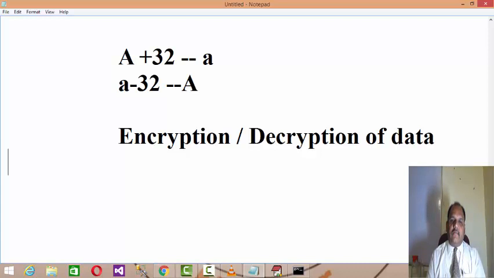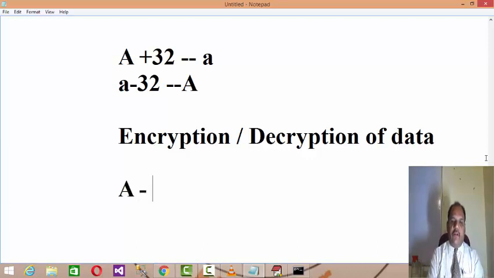So what I'm saying is, the vital data you need to protect, and for protection there has to be a certain technique you have to follow, and that technique is called encryption. So you should be able to encrypt the data first, and you should be able to decrypt the data by the same method. Here I am going to discuss the logic. It is a very simple logic. I'm going to deal with the ASCII value of the characters available in the data, encrypt it, and then decrypt it also.